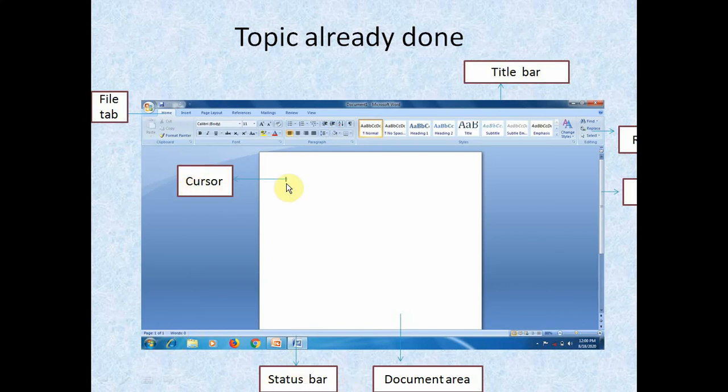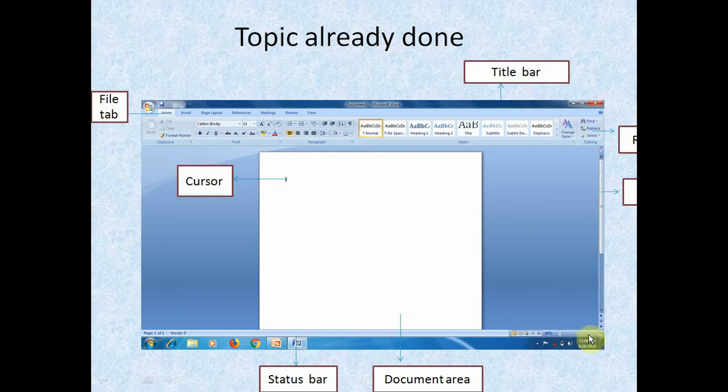The cursor is the vertical line that blinks every second. It is showing page 1 of 1, which means you have only one page, and 0 words, because you have just written 0 words. The status bar also shows the different views of the document you can use, and the zoom in and zoom out part of the document.